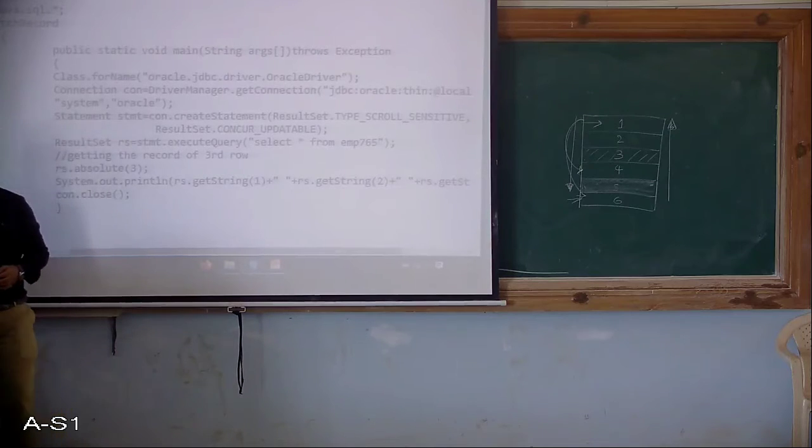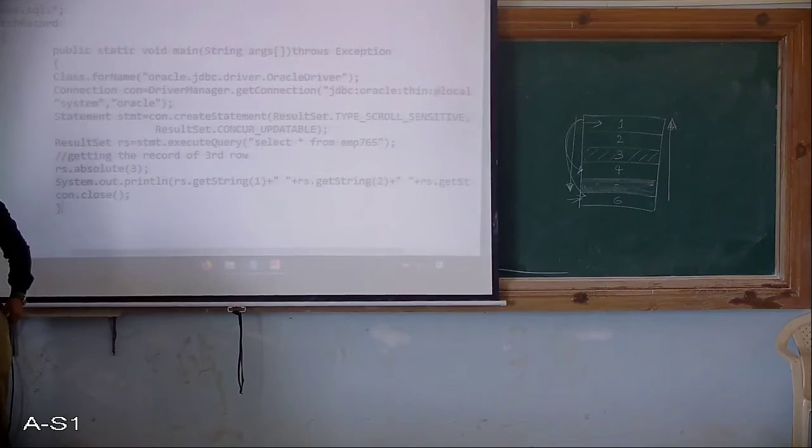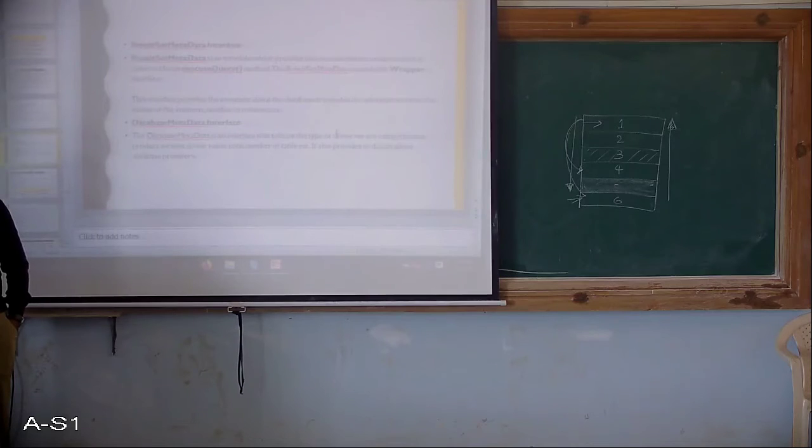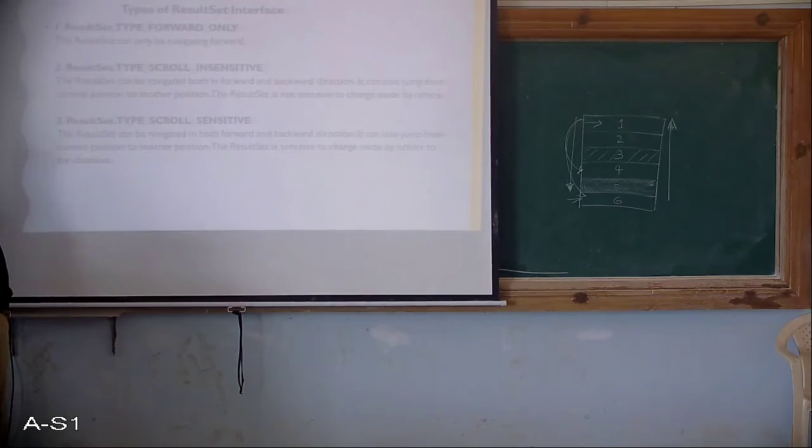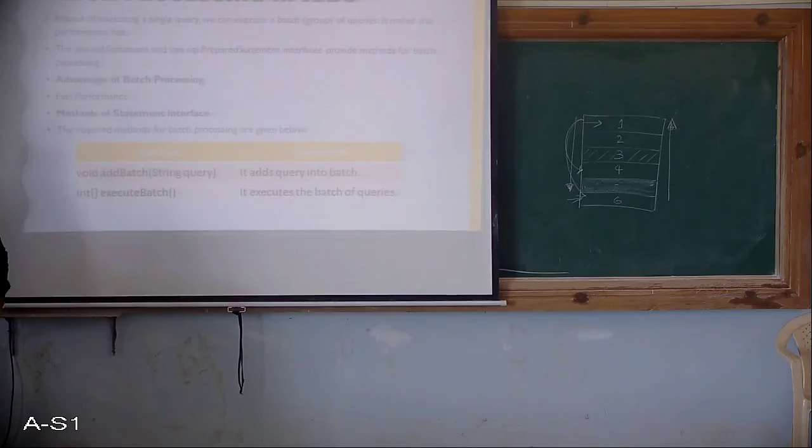Fine. Okay. Then again we will go to the PPT. The result set. We had discussed what you mean by result set. The basic types of your result set, that is updatable, then scroll sensitive, yes, type scroll sensitive, and result set type scroll insensitive. All the types we had discussed. Fine. Then we have gone through the several methods which have been listed and were helpful to access the result from the ResultSet interface. Okay.